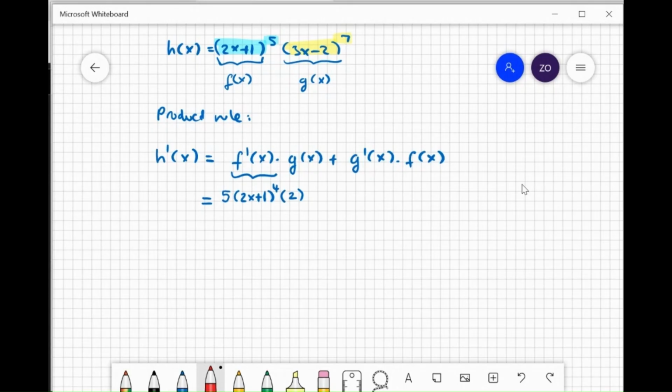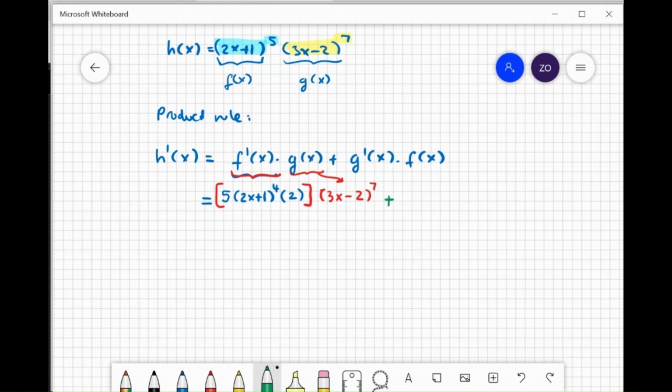The whole thing is the derivative of the f function. Okay, now the g function itself, which is 3x minus 2 to the 7th. So this is just the g function,